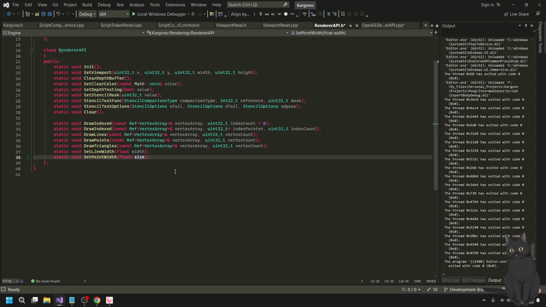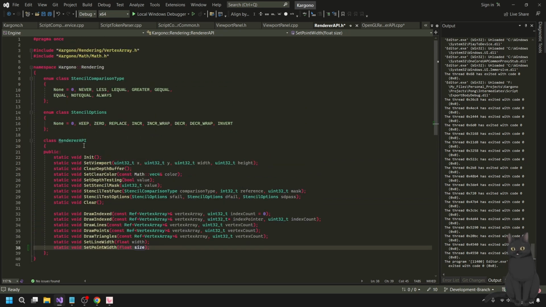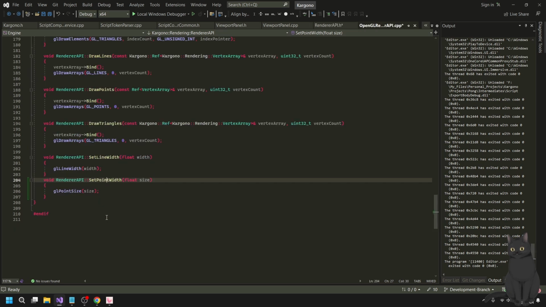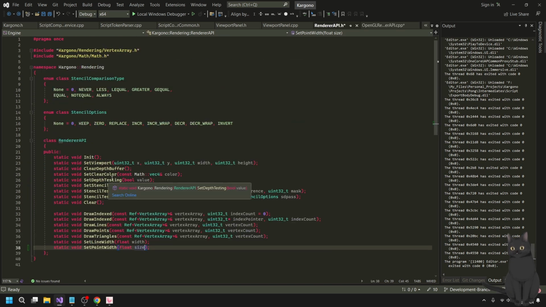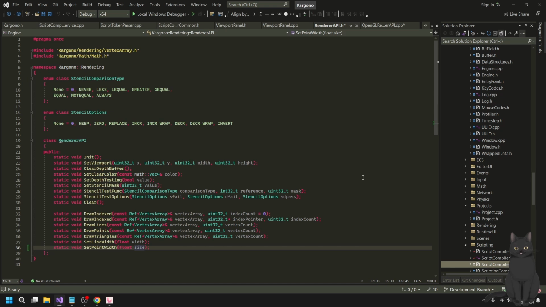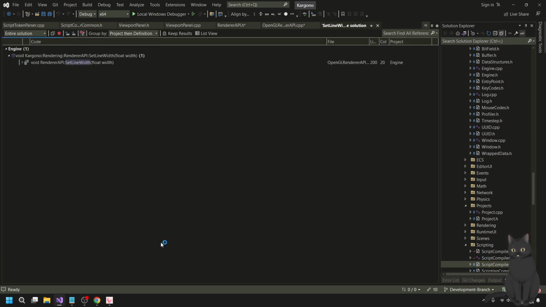I don't think I'm doing any inheritance trees or anything with this, so yeah, this should be fine. Okay, so set point width. Now let me figure out where I call this.